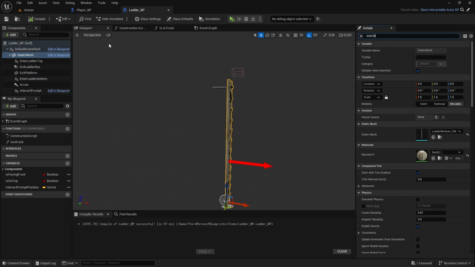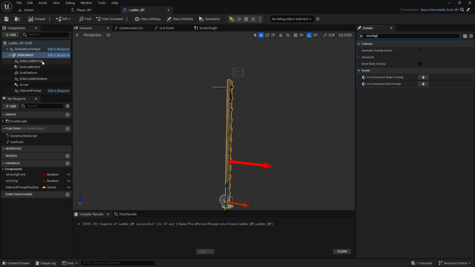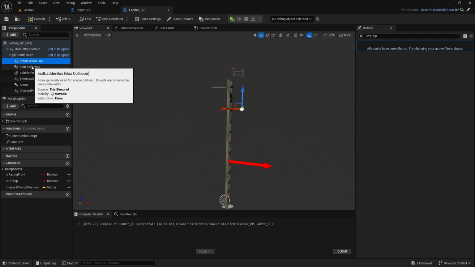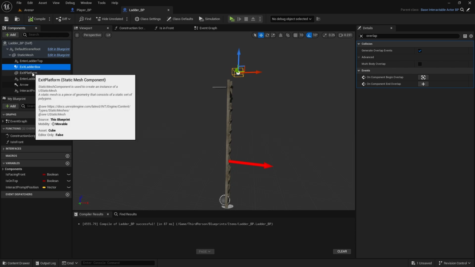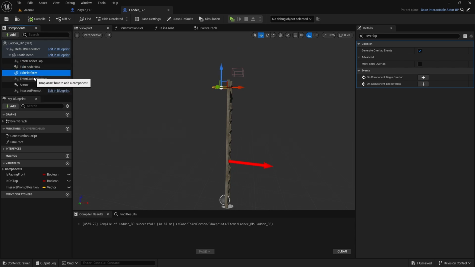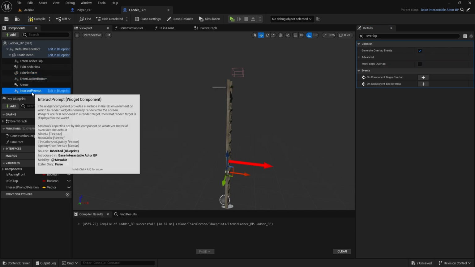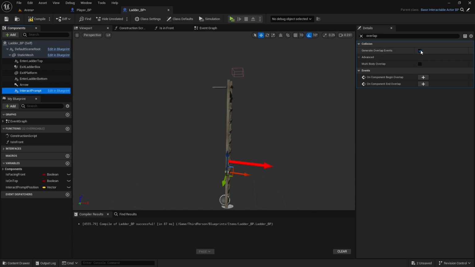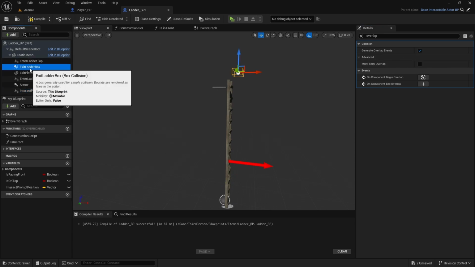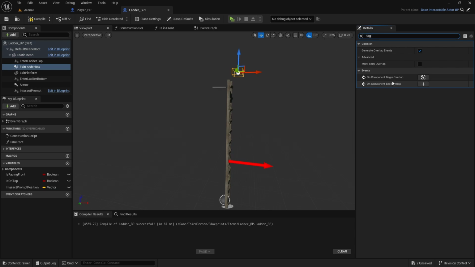So just search for overlap. Here we will generate it because this is ladder itself. Then on exit ladder box we need to generate it. Exit platform, we don't need to generate it on this platform. Enter ladder bottom doesn't have it, arrow doesn't have it, and interact prompt has it as well. We don't need to do it there. But now on the exit ladder box, we're going to search for tag, and we can add component tags. We'll do no overlap,